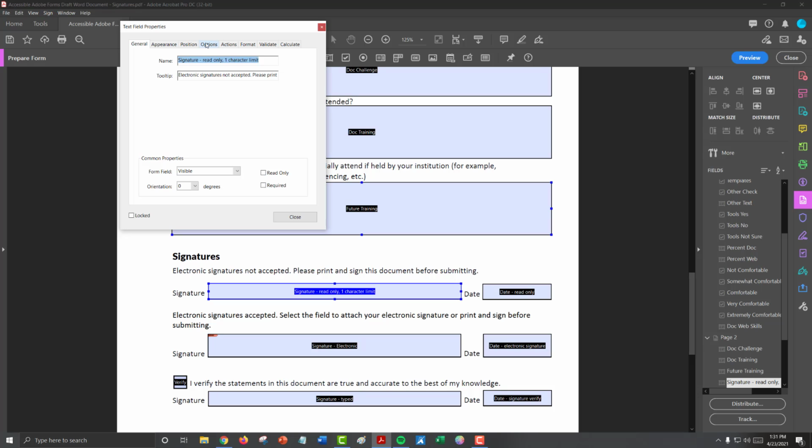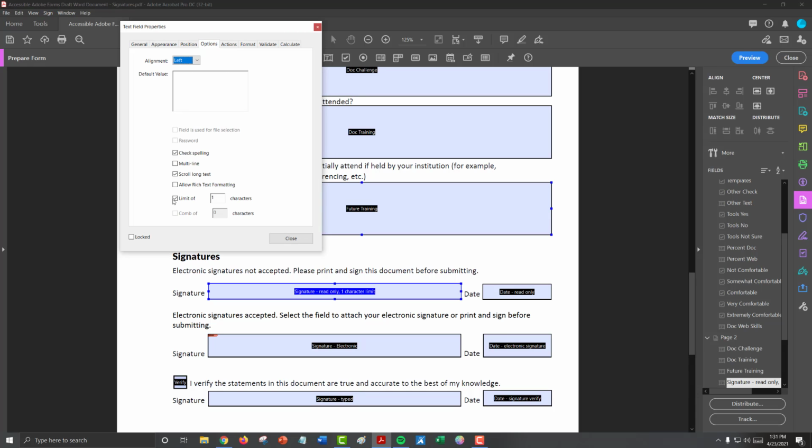If you do need to limit this form field because you want your user to print and sign the document, under Options, select Limit of and add 1 character.